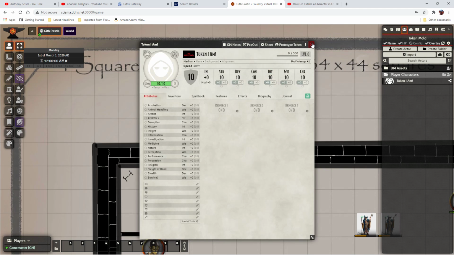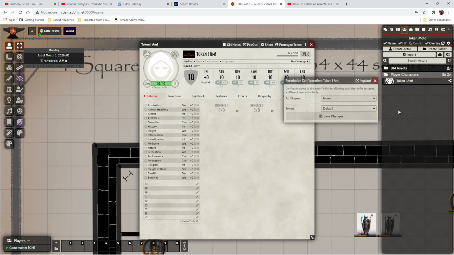So here's his sheet. I'm going to ignore that for a moment. Now, I've created the character sheet, but currently it's not associated with any players. Myself and Dave, who is also a DM, has full rights to see this sheet because we're game masters. But for the player coming in as Token, he won't be able to see this sheet until I assign it to him. And to do that, you right click on the character sheet, click Configure Permissions,